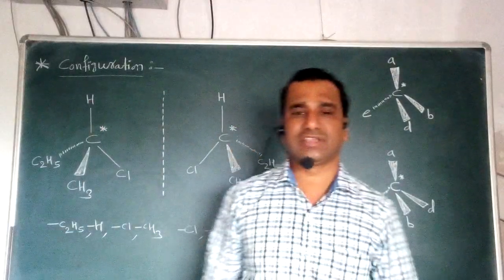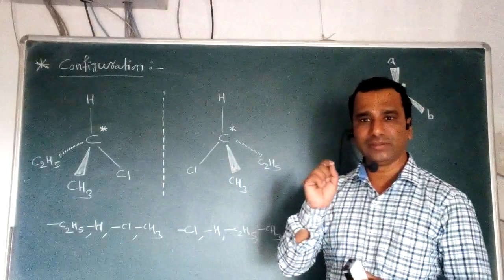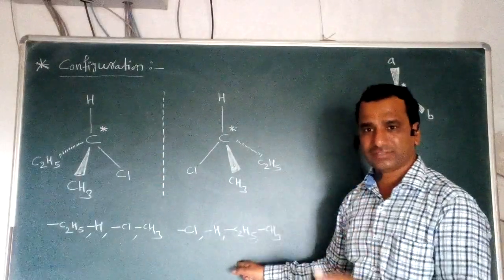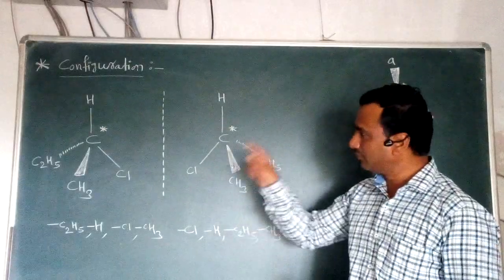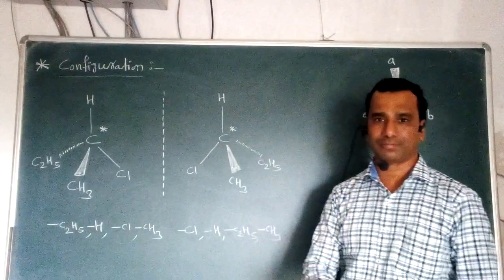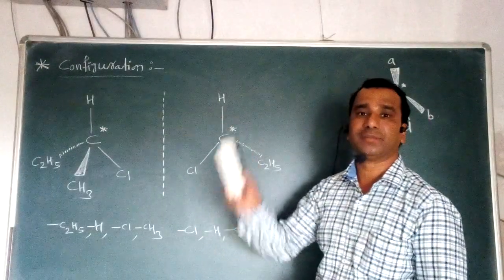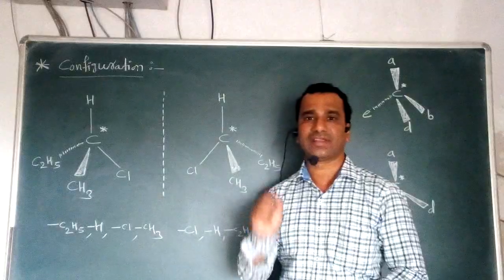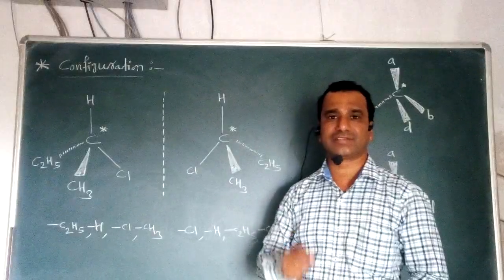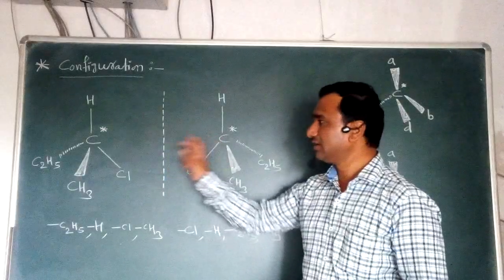Now from these two different sequences, it is very clear that no doubt these two are enantiomers of each other, but if we look at the actual arrangement of atoms or groups surrounding this chiral center, it differs. For this purpose we follow the clockwise direction in both isomers, so they differ in the actual position of the particular atoms or groups. When such a different arrangement is there, it is called its configuration. So these two enantiomers differ in terms of their configuration. No doubt they are enantiomers, but they differ in their actual arrangement of atoms or groups, and that's why it is called configuration.